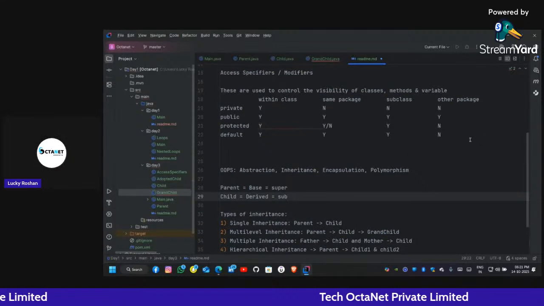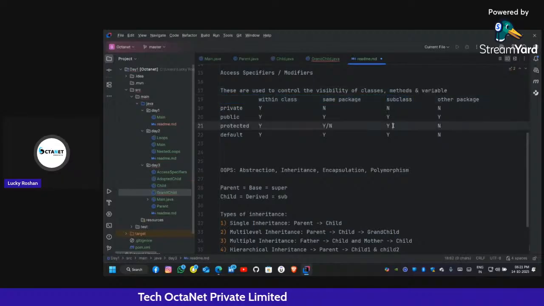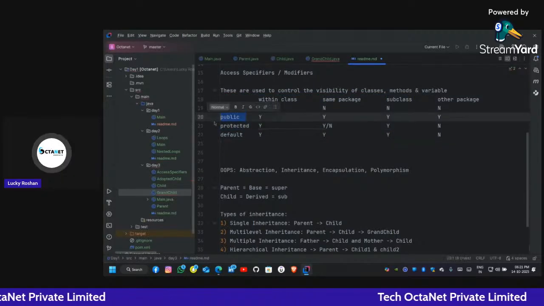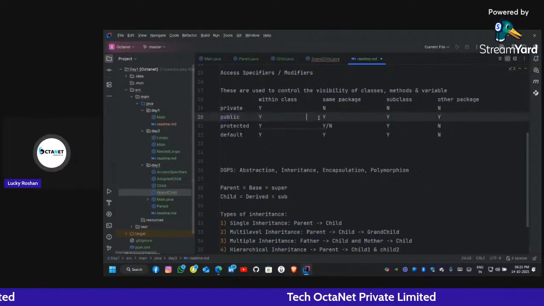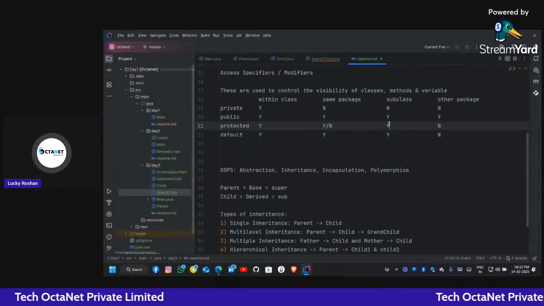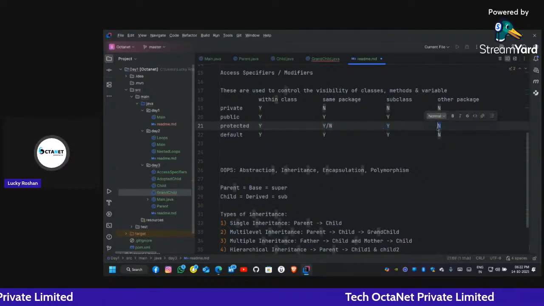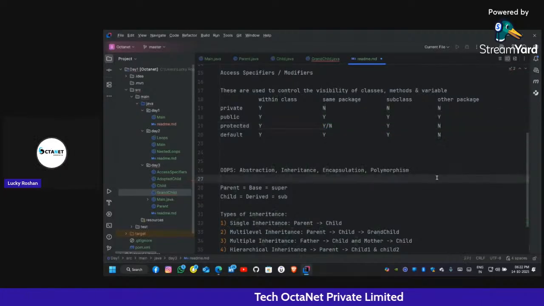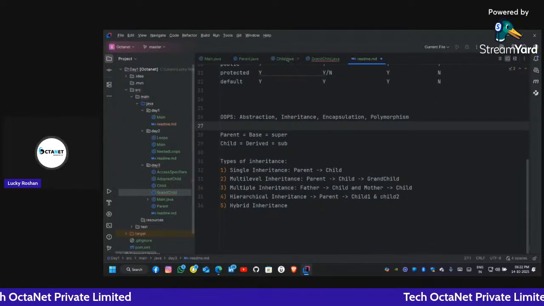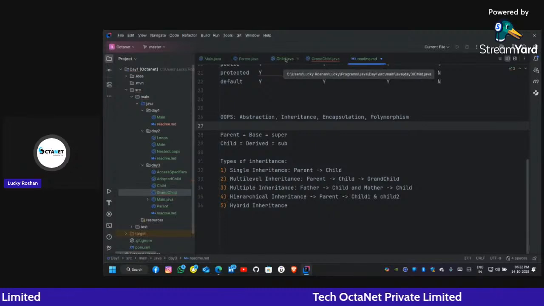When a class is a subclass of another class, it can access a member if it is protected. Using public, the variables or methods can be accessed anywhere, but using protected, we can access them within the class, within the same package, and within the subclass, but we cannot access them outside the package. Are you clear now, Niraj? Very good. So we have completed single, hierarchical and multilevel inheritance.